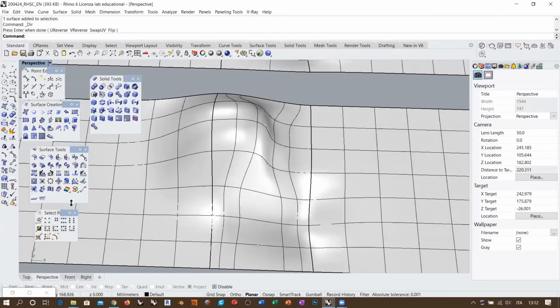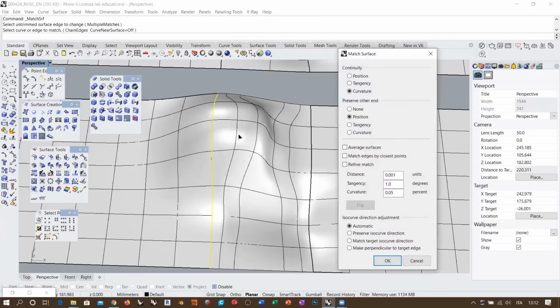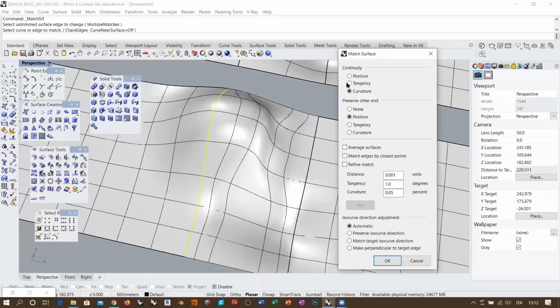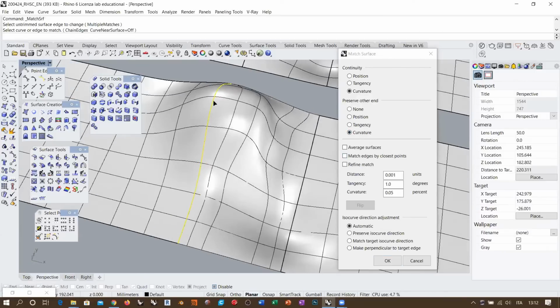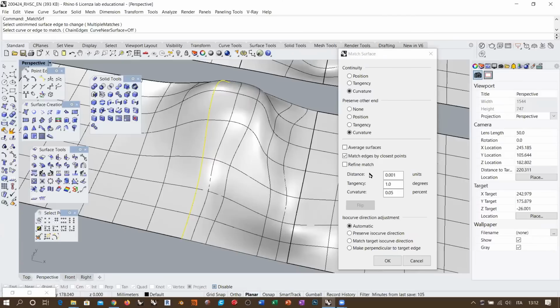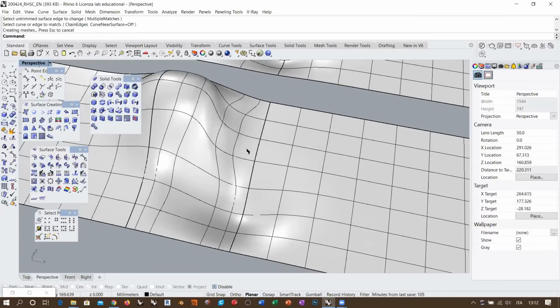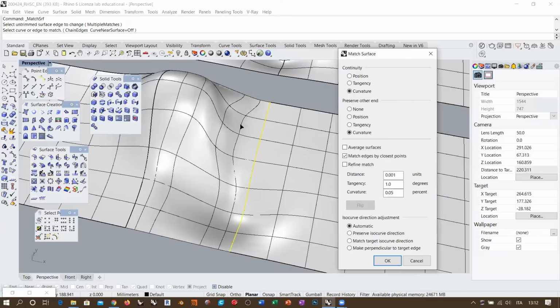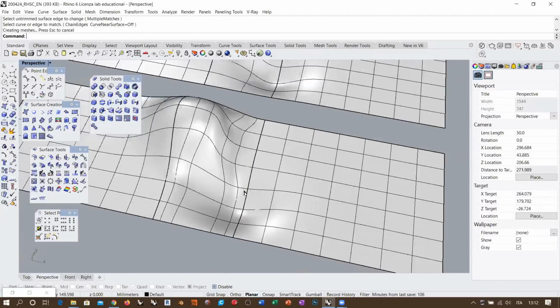So in this case, if I don't want to reorient the surfaces, what I can do is basically tell Rhino to simply use the closest point for our command to work, not taking into account the orientation. So I can do this, and in order to be sure, I can also match the opposite edge. You see that there is some change going on in this area, preserving the other end curvature, which is right now already curvature continuity. And you see that now we get